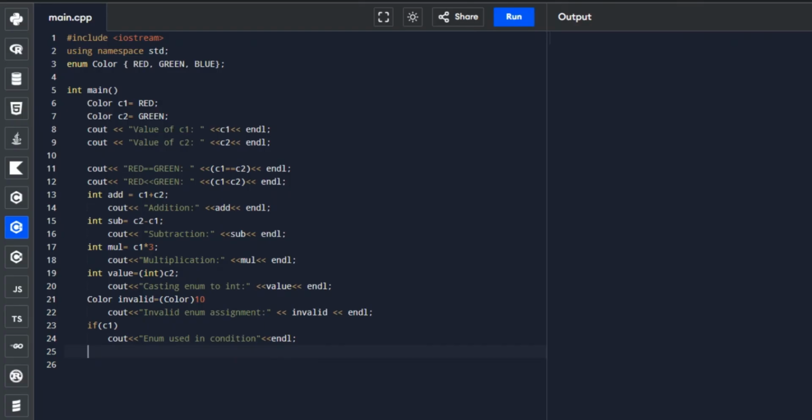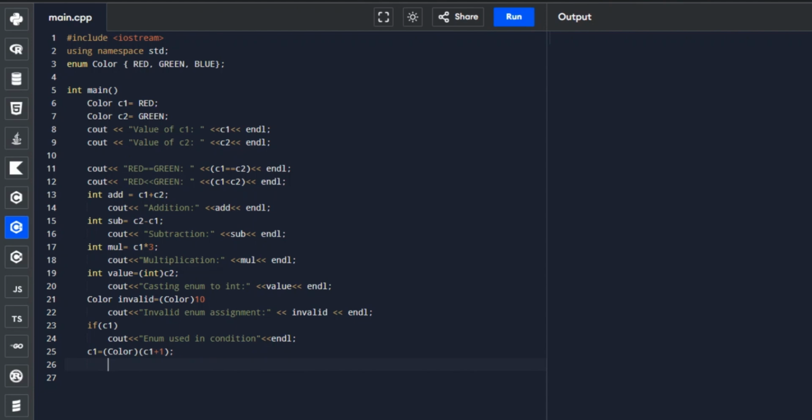Our last operation is we will increment the enum. We'll use C1 equals color, and then color of C1 plus 1, and then end with a semicolon.